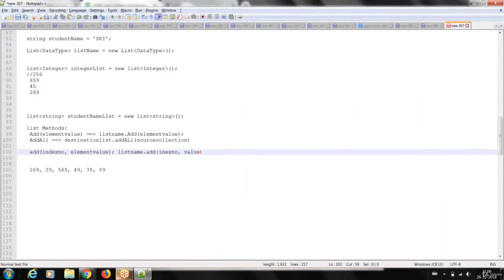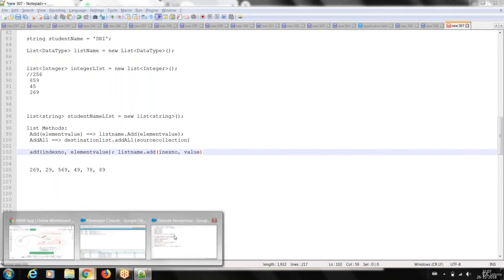Got my point? So now you can make a sentence: a list is a collection of elements having duplicate values, and the values are not sorted by default. Now we added these elements. I want to make another list of completely the same values. I don't want to do anything else, I just want to clone it.